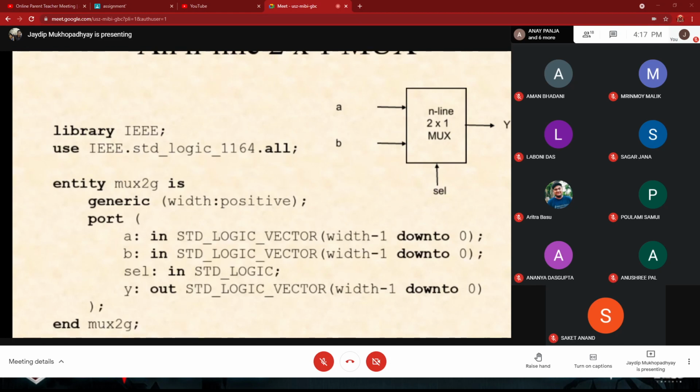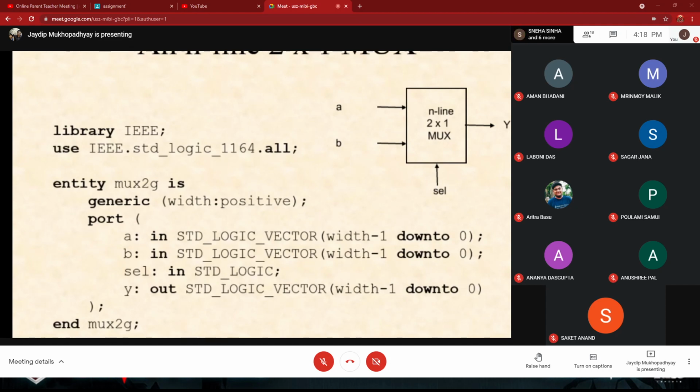Then the port. As you know, on the entity side you have to mention the port. Within this port, A is assigned as the input side, with std_logic_vector 1 down to 0. B is also on the input side, a standard logic vector with 1 down to 0. Similarly the select input is std_logic. It is not stdio.h, which in C we probably use.